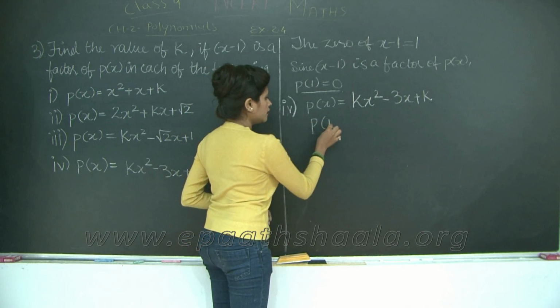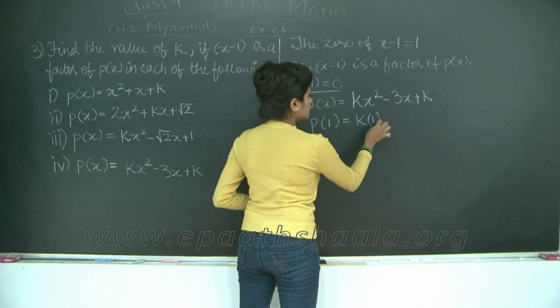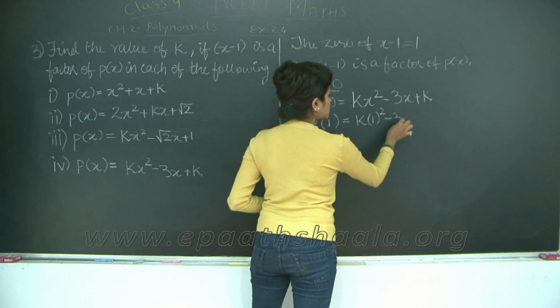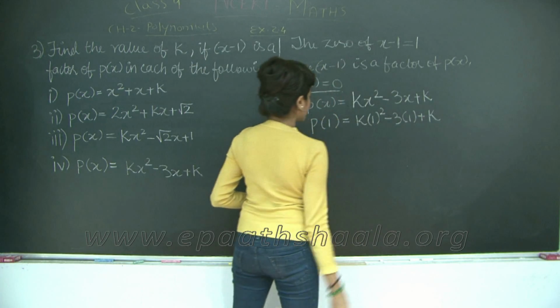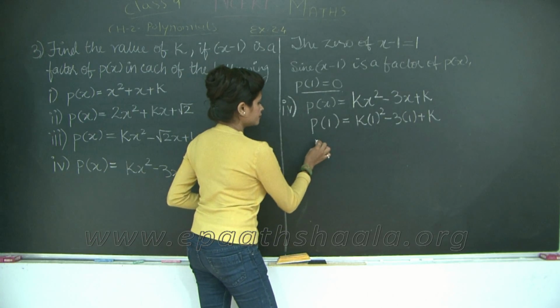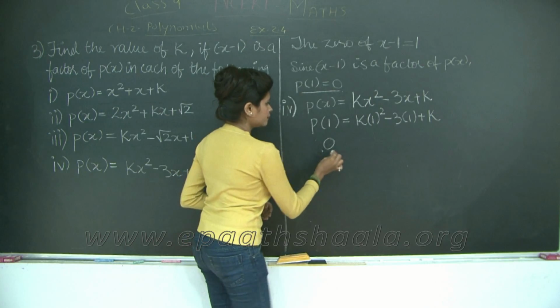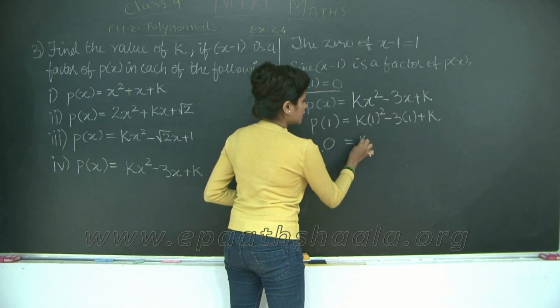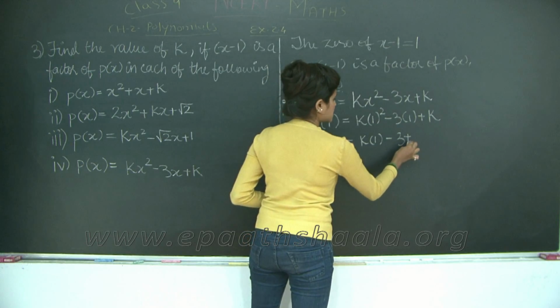So, p1 is equal to k into 1 the whole square minus 3 into 1 plus k, right. P of 1 is 0. So, I am going to substitute p of 1 is equal to 0,